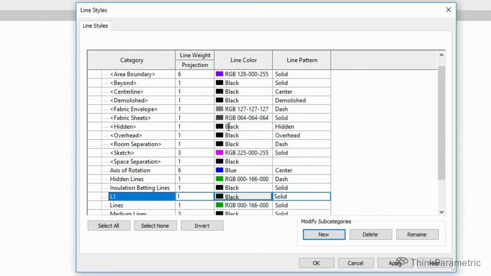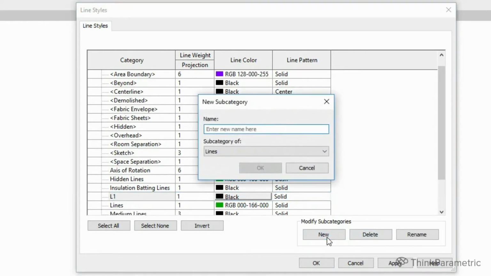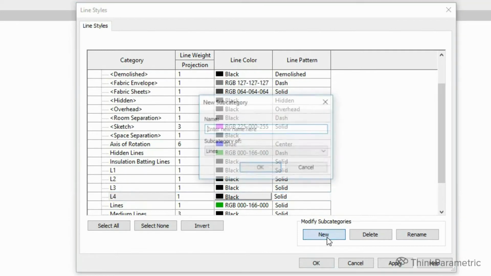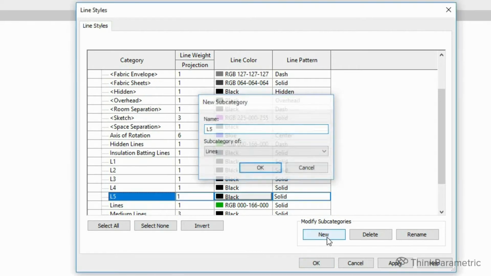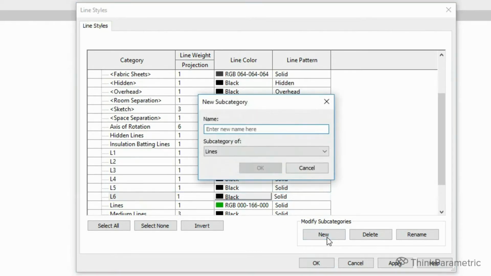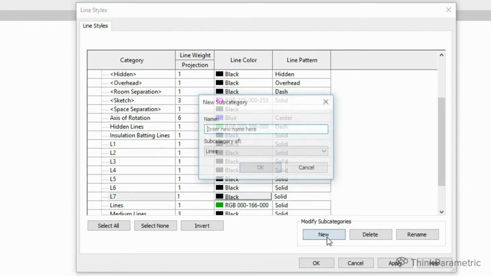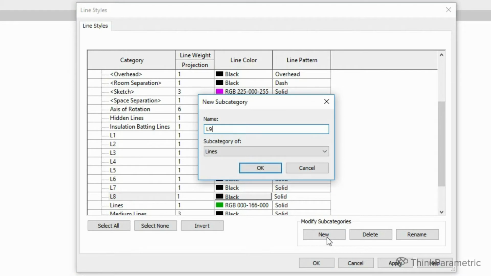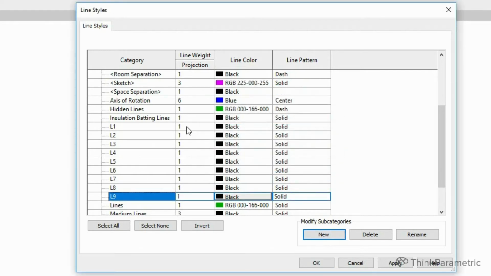Let's name them L1, L2, L3. We'll continue creating all of these until we reach number 9. Now let's set the line weight for each style with the corresponding number.